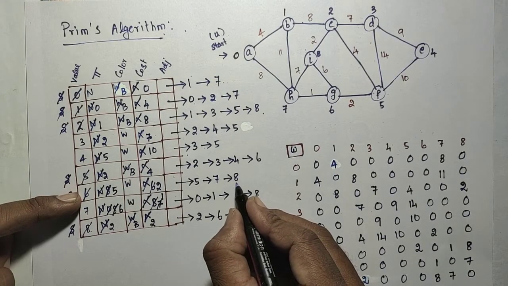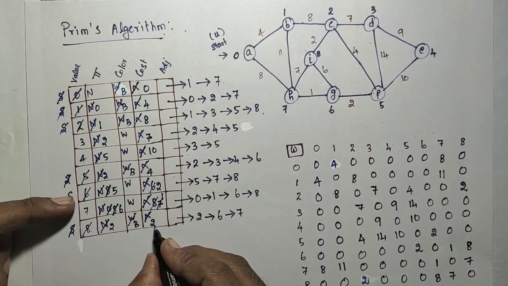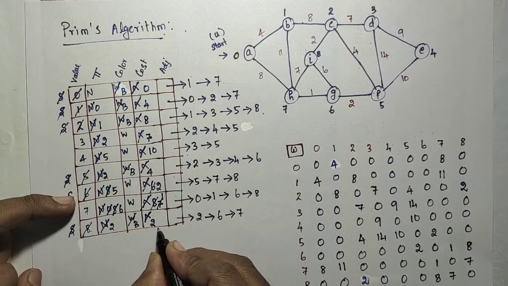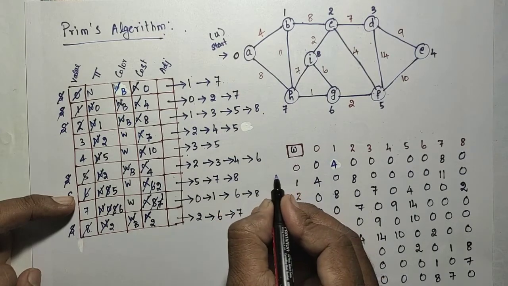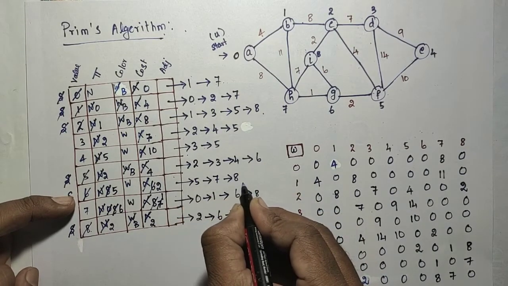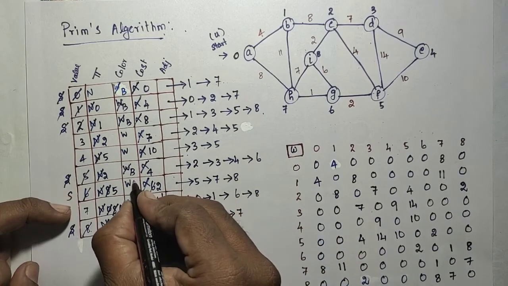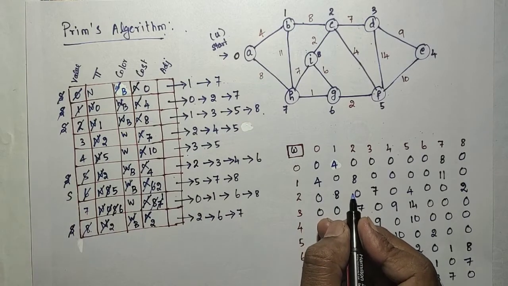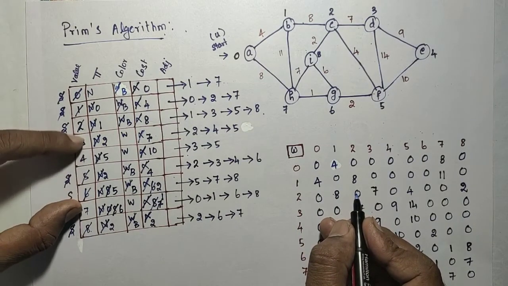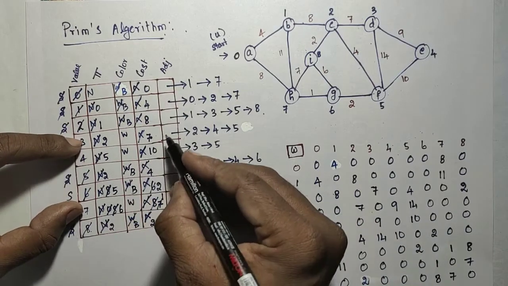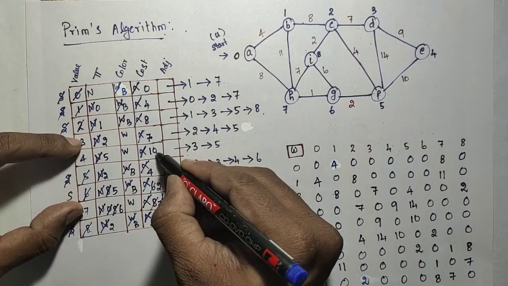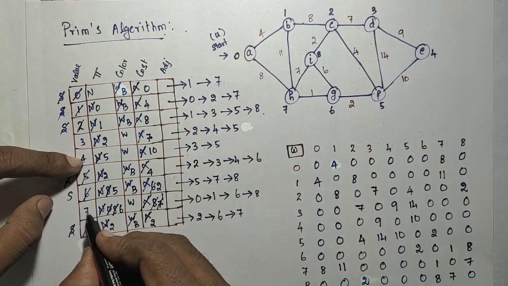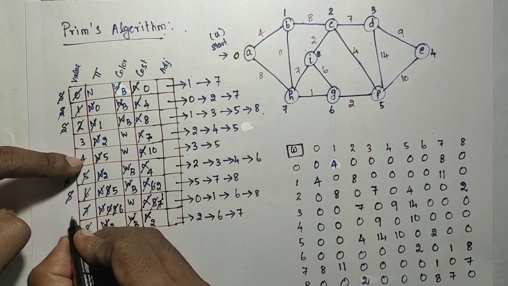So next go for 8. 8 is already visited. Visited means no need to check it. So we can leave that. So 5, 6, 7 are all updated. Now I need to change this color to black. So it is extracted and the color is changed. Then from the remaining 3, I need to extract 1. This is 1, this is 7, and this is 10. So between these 7, 10 and 1, I need to extract the 7.